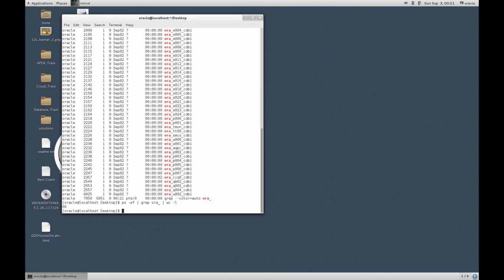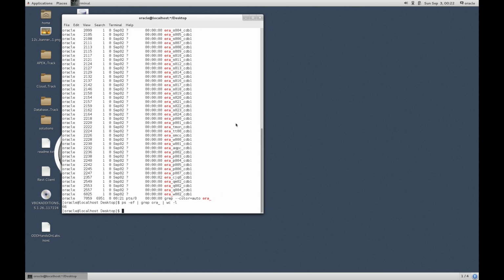So the next thing we're going to do is connect to Oracle and take a look inside the database. But before we do that, let's actually take a look at the environment that is available to us at our terminal session level. So there are 3 environment variables that are of interest here. We're going to look at those. But one thing I want to point out is